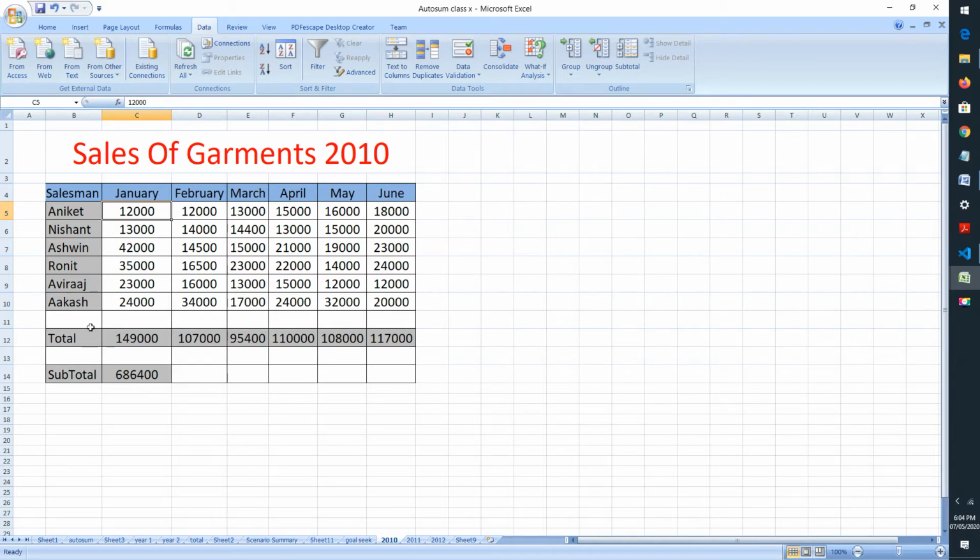It shows this data along with the total of all the months, like the total of January, then February, March and up to June, and I have also created a subtotal of the totals of all the months. So, this sheet represents the sales of different salespersons in the year 2010 along with the totals and the subtotals.